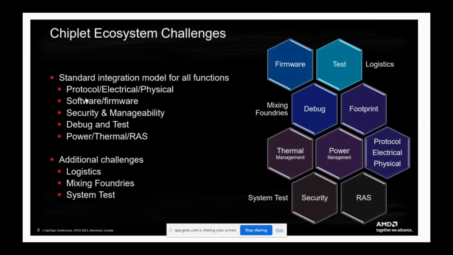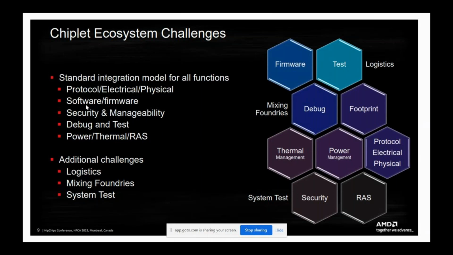The buckets he's using are obviously die-to-die, which is the electrical, physical, and then the protocol level. Then power and thermal. All of these things are on the CDX checklist, so to speak.